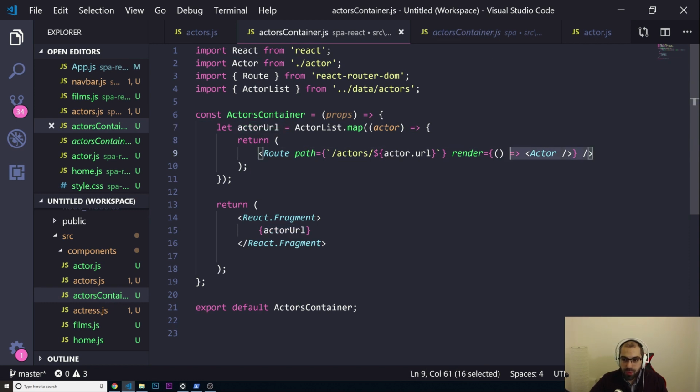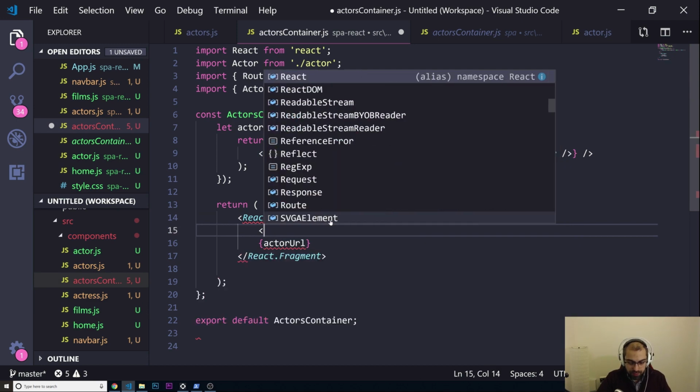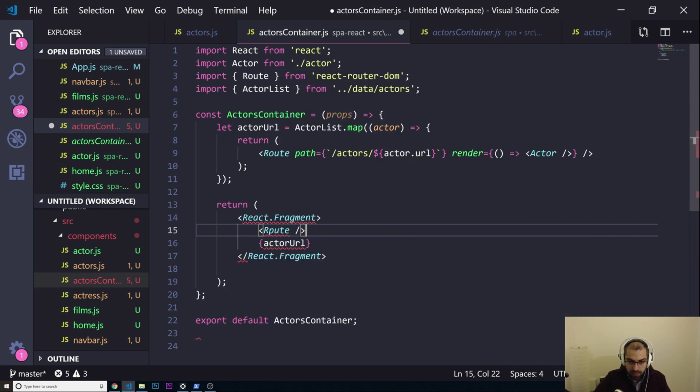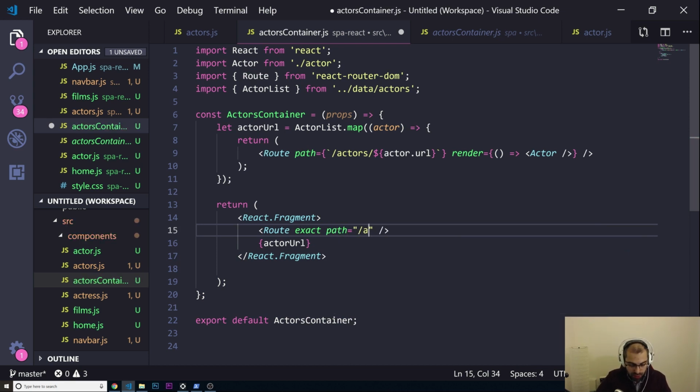Okay, we need to pass the actor in here first. So let's put in here a route, and we're gonna have an exact path to /actors. And now we are gonna render what? We are gonna render the actors. So arrow function. We're gonna render the